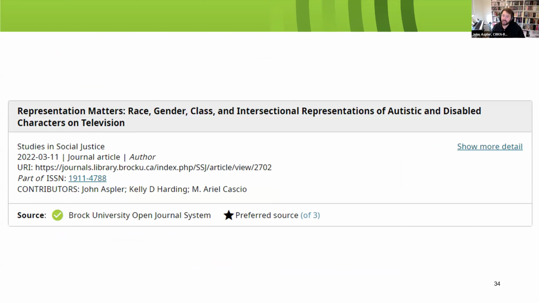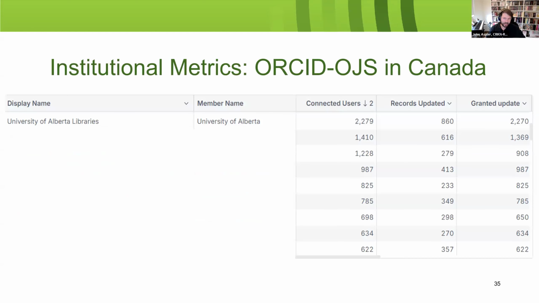And then this is what it looks like in my ORCID record. I can expand it to see a whole bunch more metadata, including maybe the abstract and stuff like that. But the important piece here is that it is a legitimate green check mark saying that this is from the Brock University Open Journal System. And U of A will have one that looks just like that. And where I'll end is just to say that